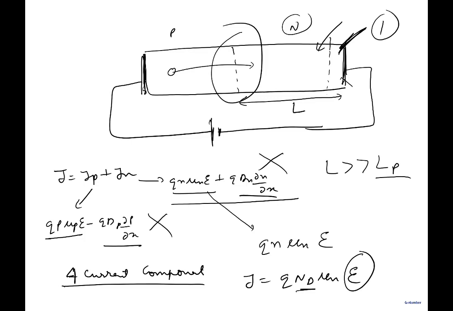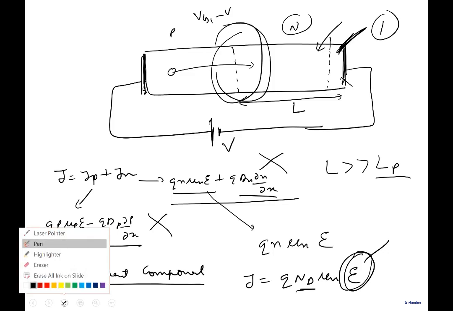In fact, I can say the voltage across the junction becomes VBI minus V. That's reasonable. But I can't say what is the voltage in this region. You can't calculate. It seems so simple. I'm only one variable, but that one variable I cannot compute. And so your strategy fails. Your strategy will fail, you will not be able to calculate, and therefore this method gives us a big